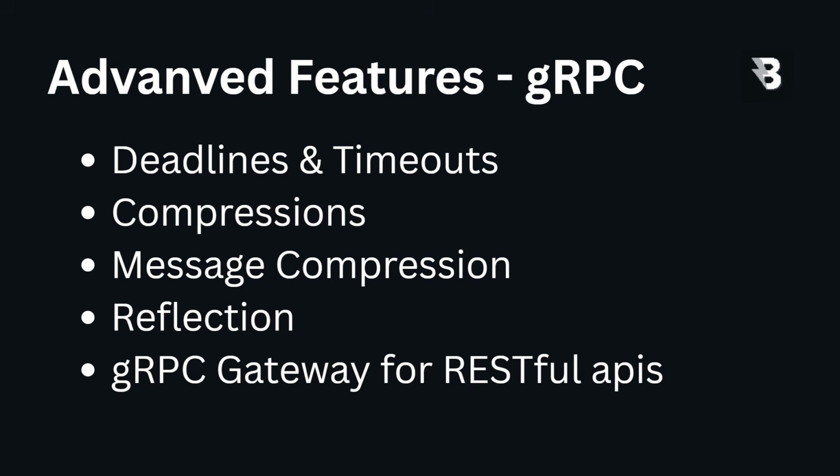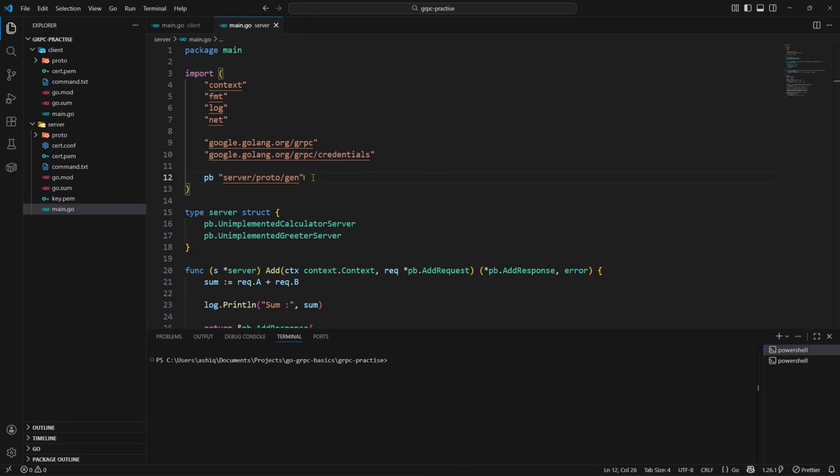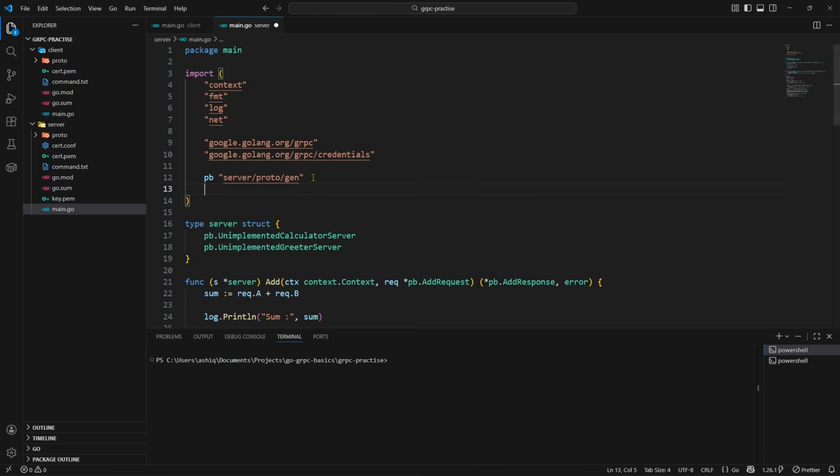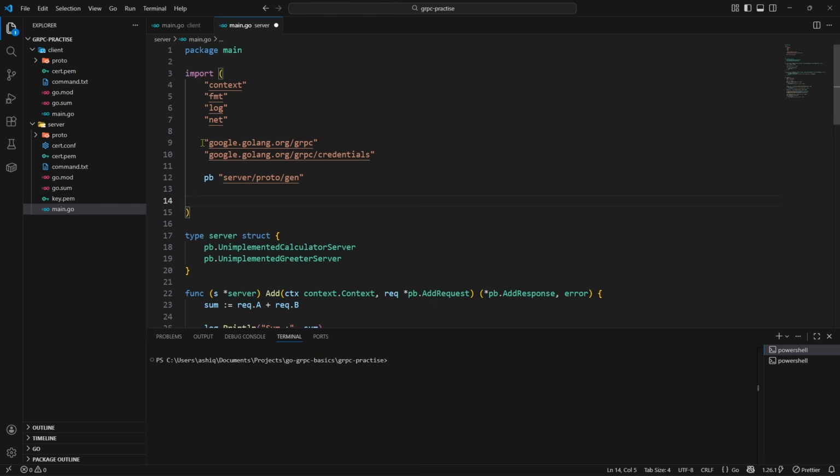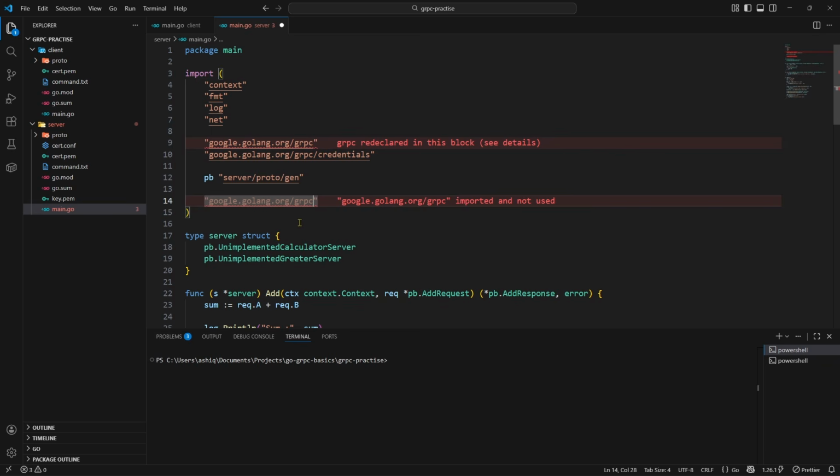Now, gRPC also has some advanced features, for example, deadlines and timeouts, compression to make the transmission of data even faster and even smaller, reflection, and compatibility with RESTful APIs. Now, let's have a look at a few of these. Let's have a look at how we can enable compression on the server side. It's very easy actually. All we have to do is grab the gRPC package, and on that we can access